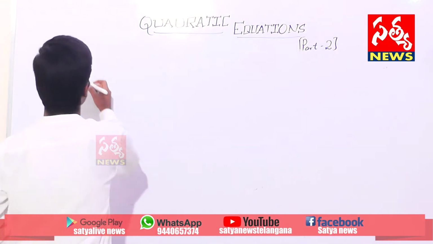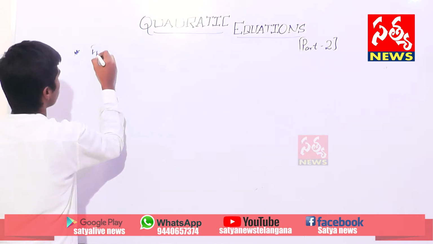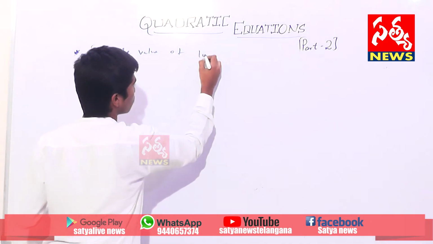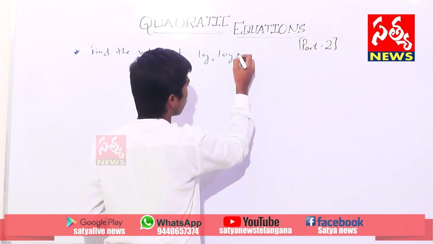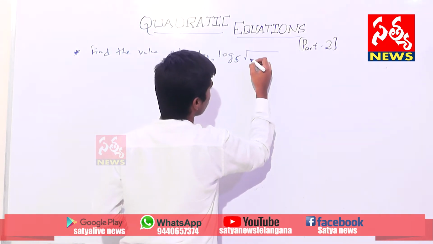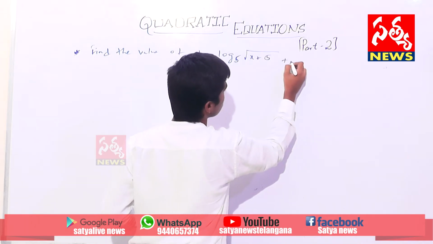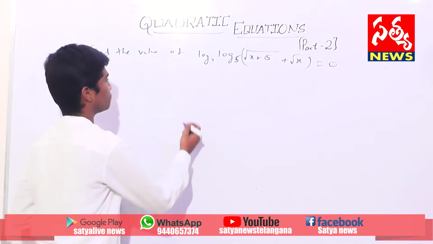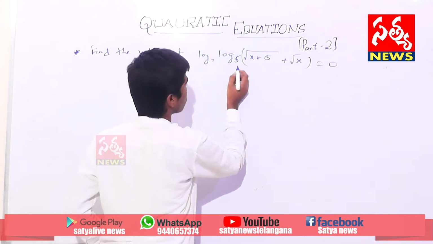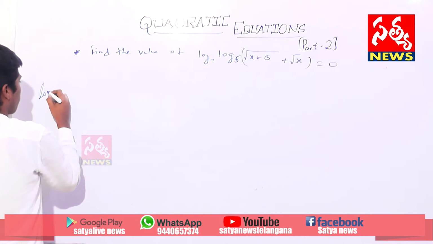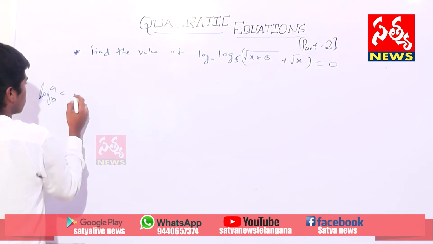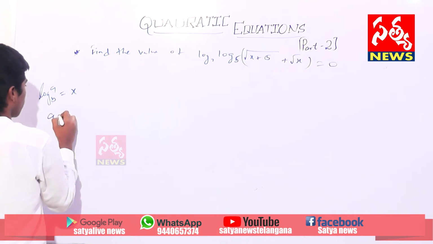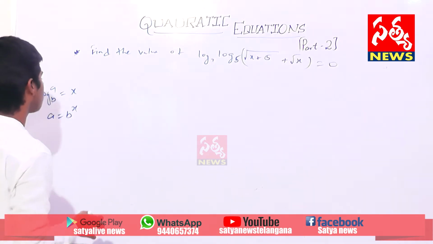And the next problem is: find the value of x in log 7 log 5 of root of (x plus 5) plus root x is equal to 0. So now log 7, log 5. So first of all, the log property: if log a base b is equal to x, then a is equal to b power x. Okay,